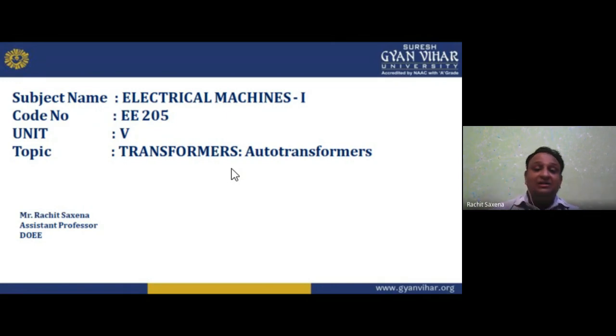So we have another thing, that is armature reaction. Armature reaction is due to the armature flux, which distorts the main field flux. I hope you understand this. Now one more thing: how can we reduce the armature reaction? It is very easy, we can reduce the armature reaction by using interpoles and compensating winding to compensate the armature flux.